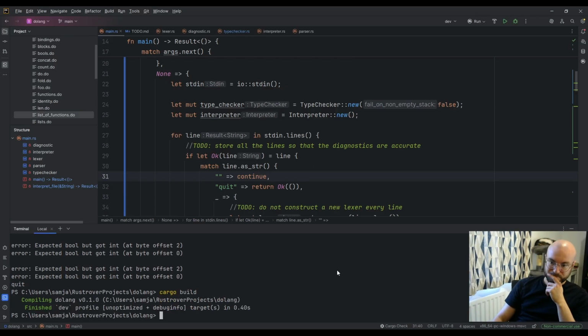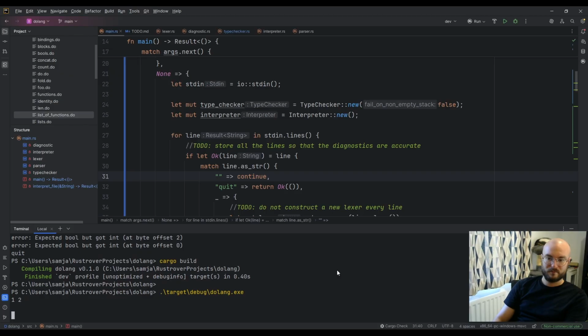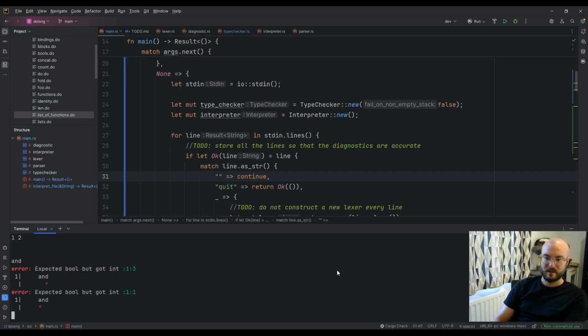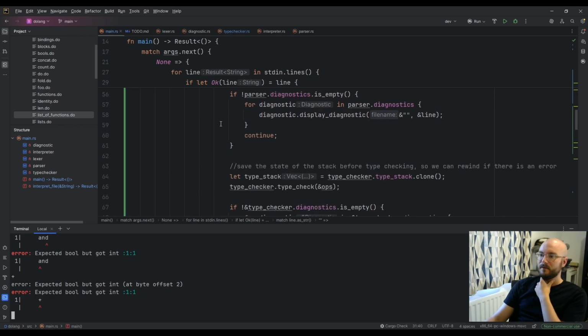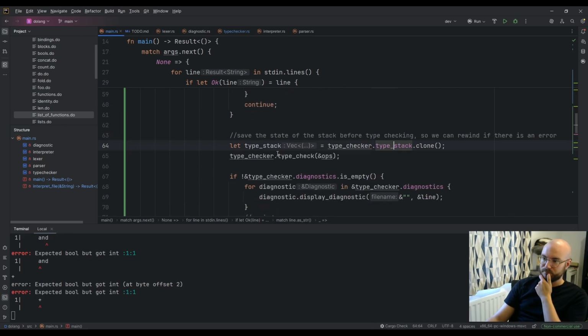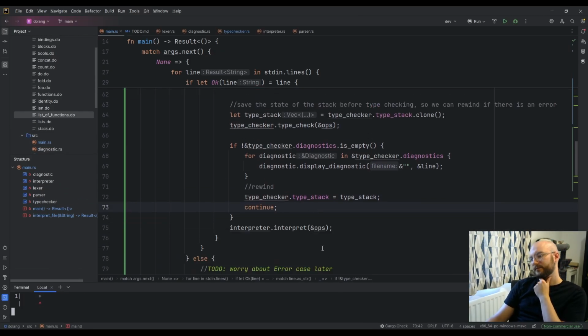How about that? And then 1, 2. Yep. And plus, so we still have this: expected bool but got int. Interesting.